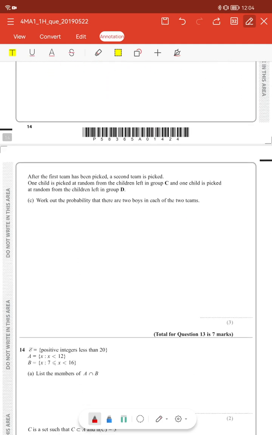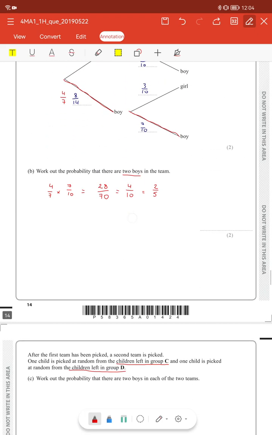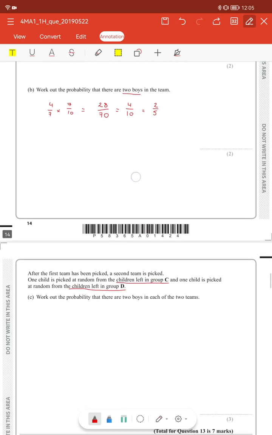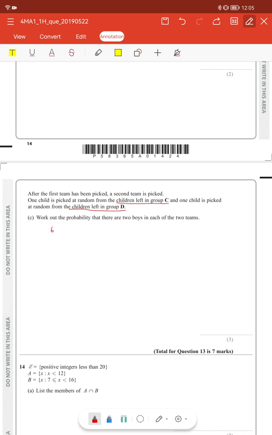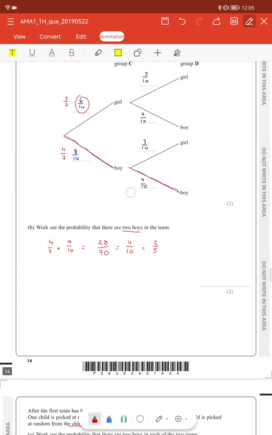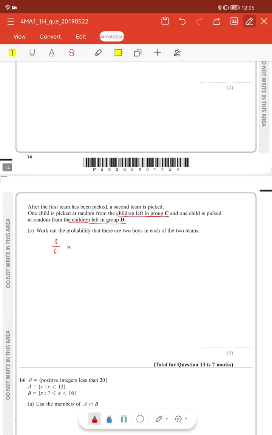After the first team has been picked, the second team is picked. One child is picked at random from the children left in group C, and one child is picked from the children left in group D. Work out the probability that there are 2 boys in each of these. So if we've already picked a boy, we only have 3 boys left and 6 children. So for group C there are 3 boys left and a total of 6 children. And for group D, there'd be 6 boys left and a total of 9 children. So we'd get